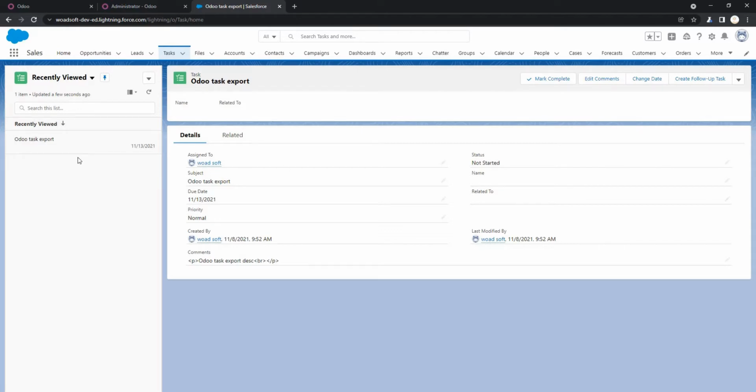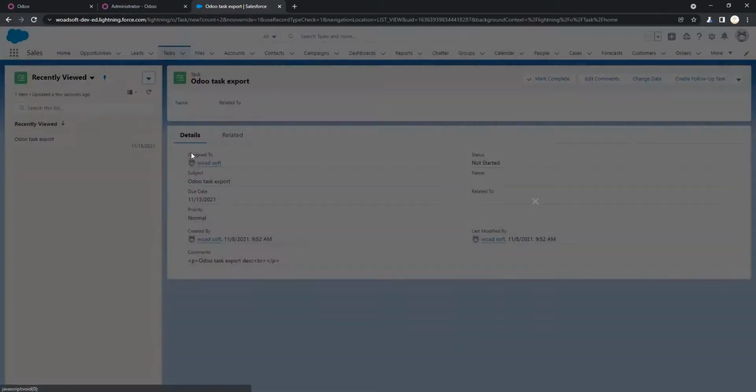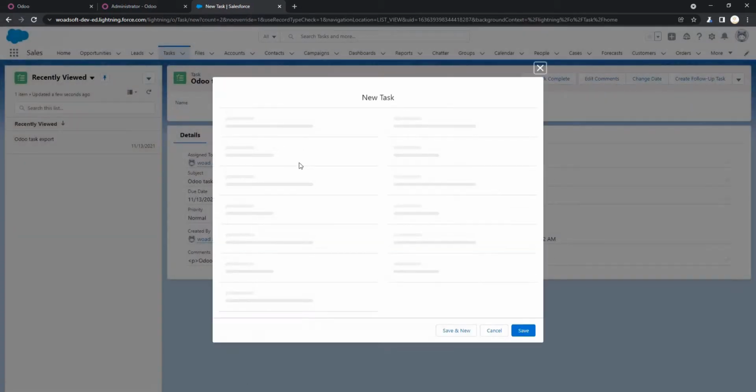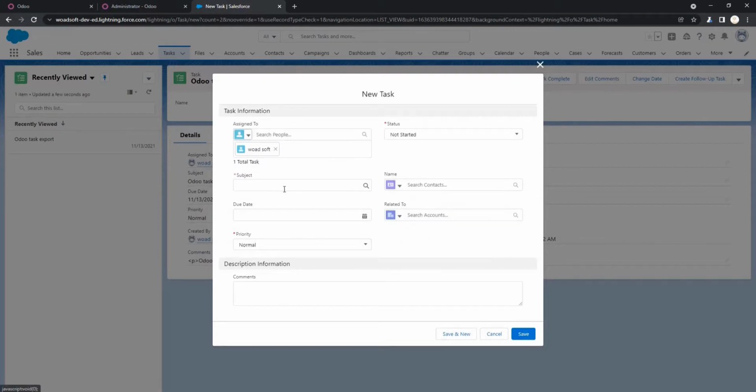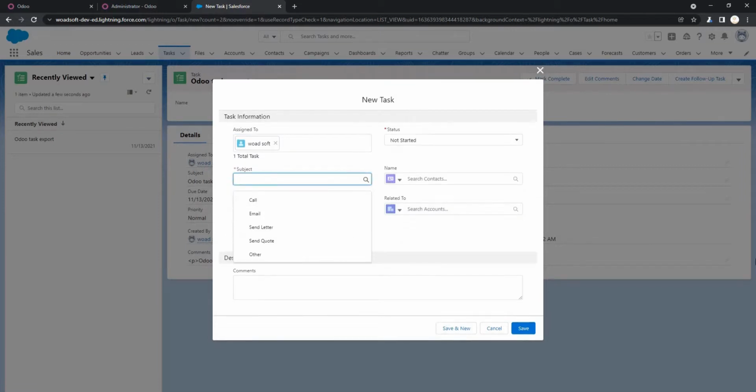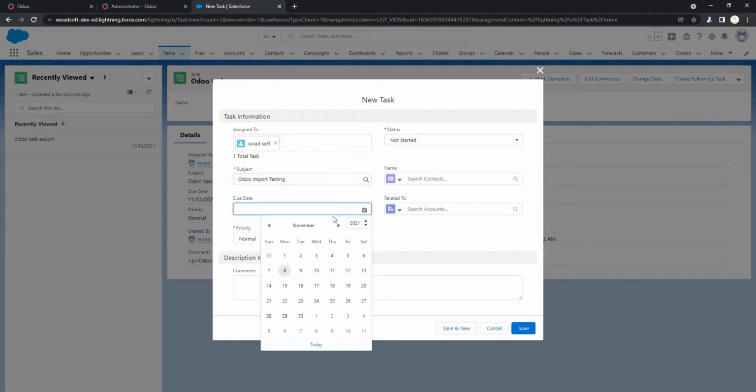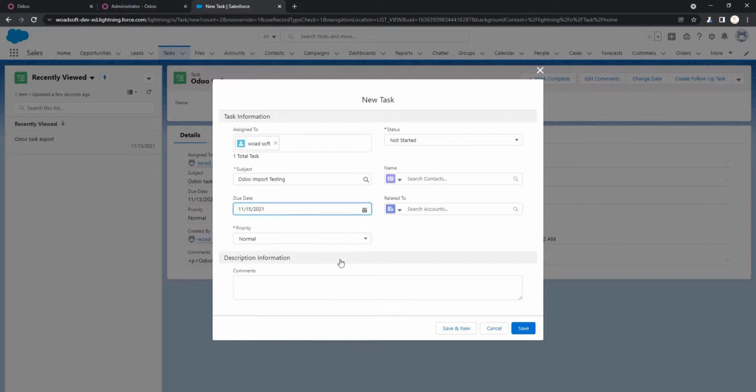So we will create a new one that will be imported in Odoo. So I just search for the new task. Okay, so I just click the new task. So I add the subject, and you can just specify the due date as well, and also some comments or description.